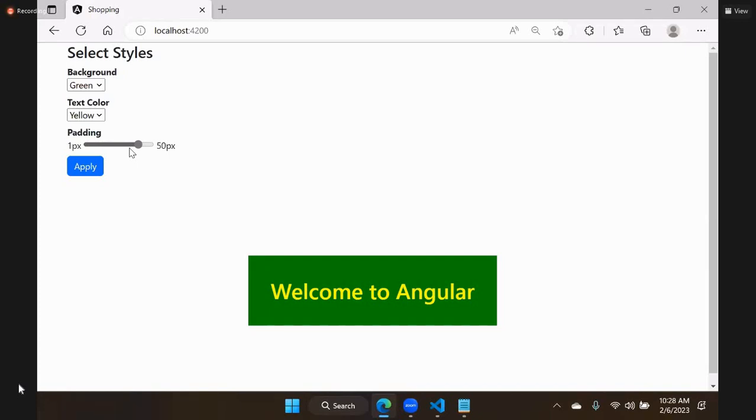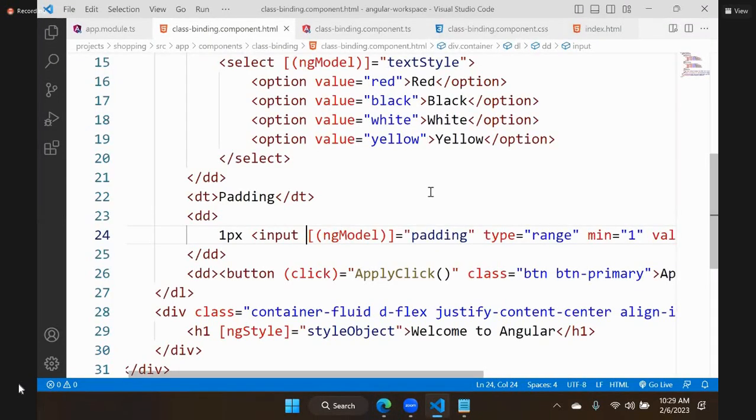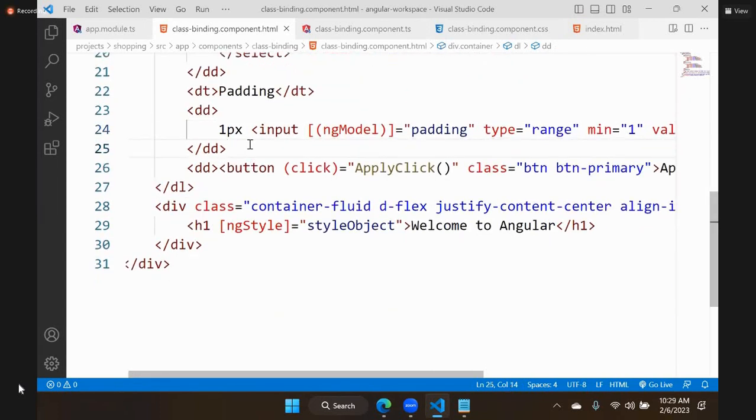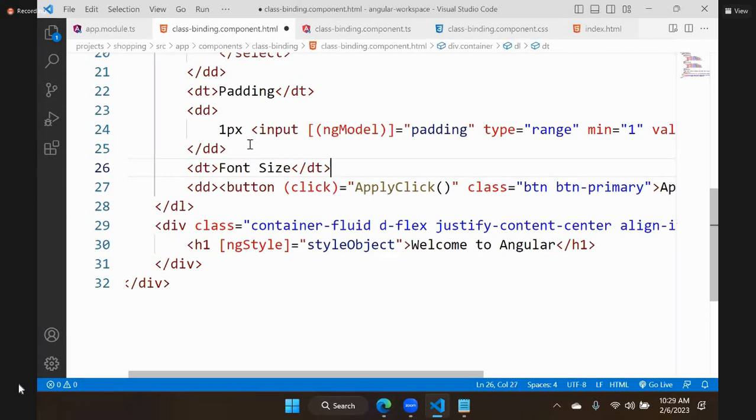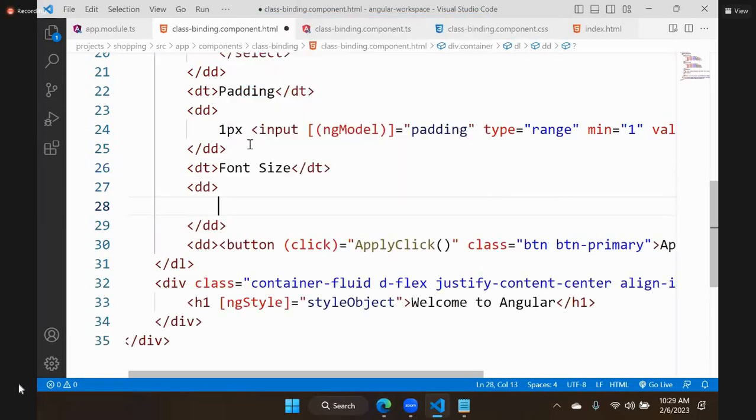Even you can do a lot of effects for that. Suppose I want to increase the font size. Put a slider and you can increase the font size. Remember, I am doing this on apply. If I want to do that while changing itself, then you can do it with another event. What is that? Suppose there is another data term. I said font size. So data definition, suppose 10 pixel